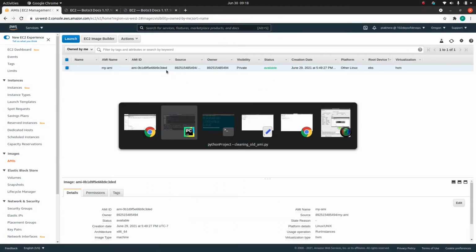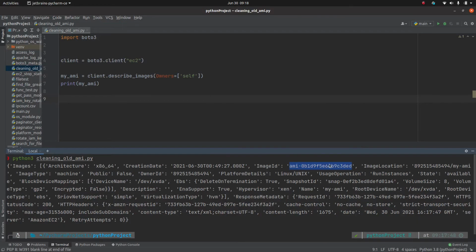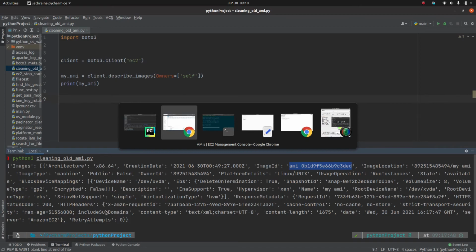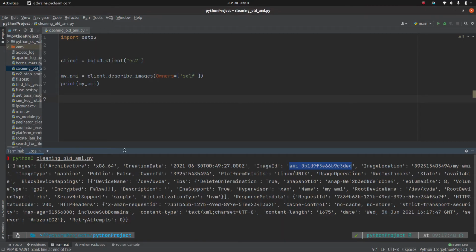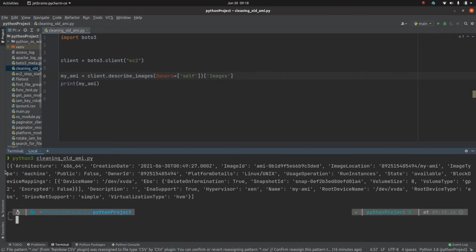As you can see, this is a dictionary, so I can further filter it down. Owner self, and then I will get images, and try to print it again. Now I have a list, and inside the list I have a dictionary, so I can iterate over it. For AMI in my AMI,